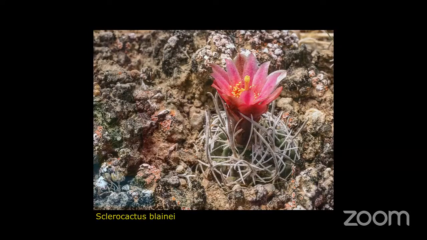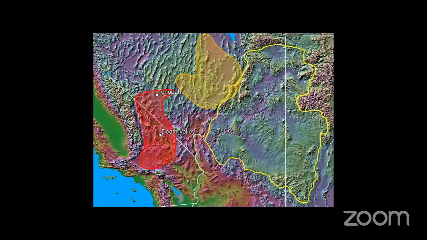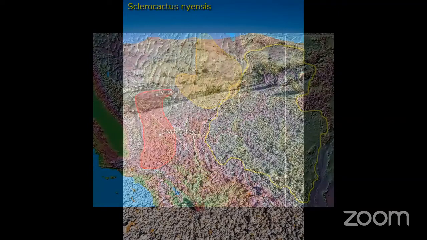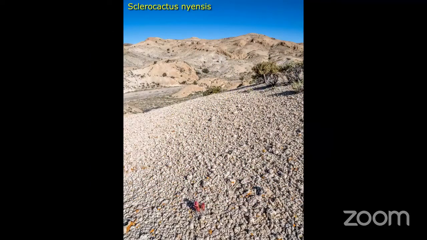And now we're going to move on to the final area of exploration in our armchair trip today. This is the southwestern portion of the Great Basin near Tonopah, Nevada, extending south through Death Valley into the Mojave Desert of California. And so the two plants that we'll see here is Sclerocactus nyensis. You can see the flowers of the plant in this slide. It's growing in a very specific geologic substrate. It's a very coarse textured volcanic